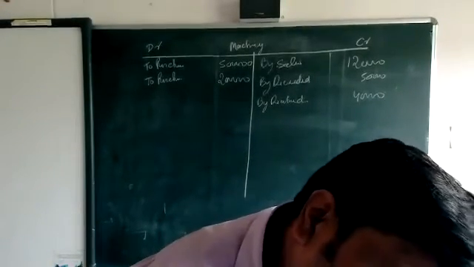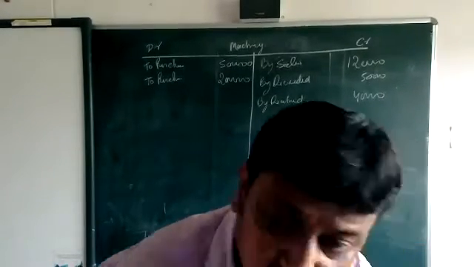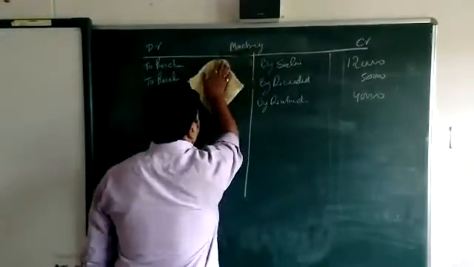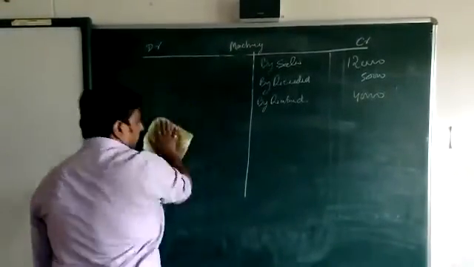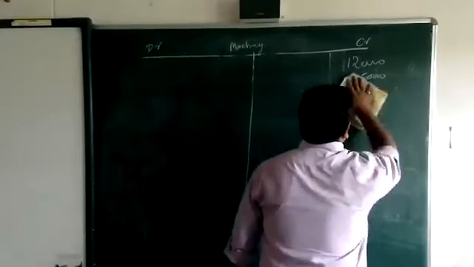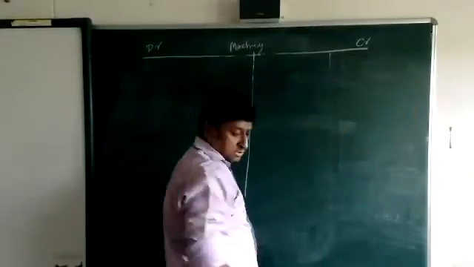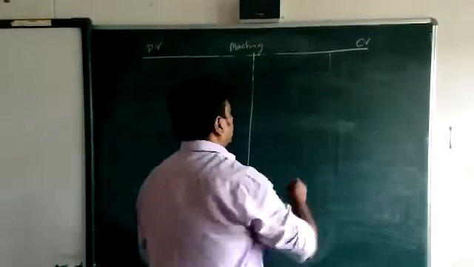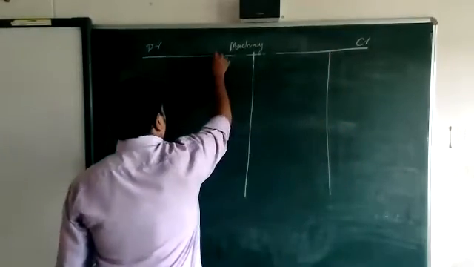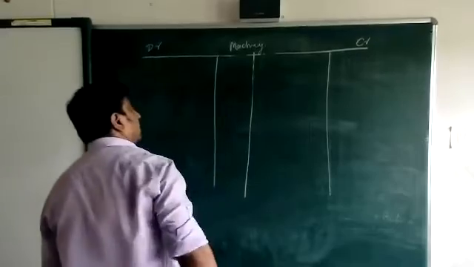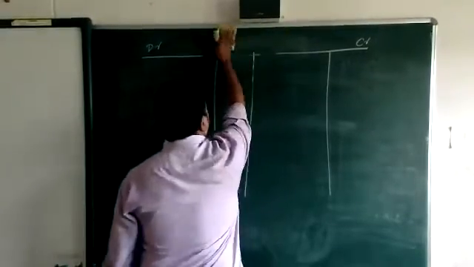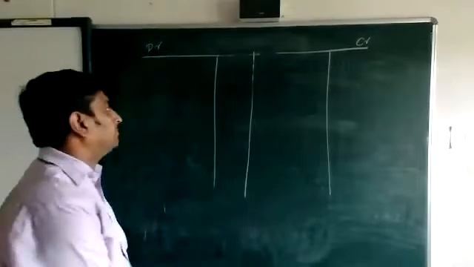Now I am going for one more question. Open the T shape account for Raghuveer, who is the creditor. That name is given, beta. Raghuveer, and he is the creditor. Now I am going to utilize the amount column also. And in the place of machinery, we are going to make Raghuveer, the creditor.